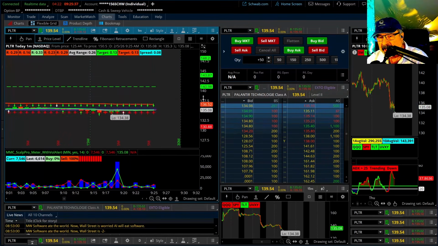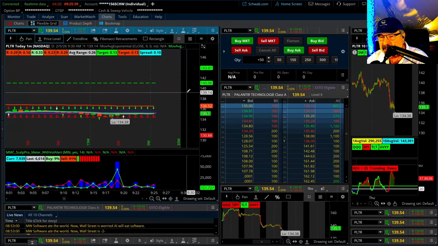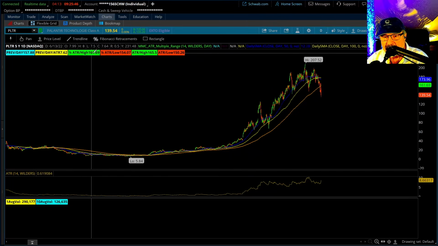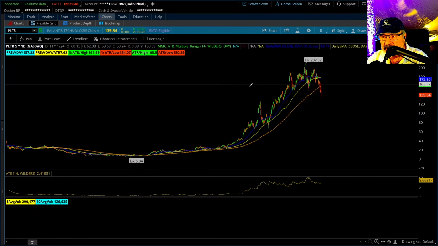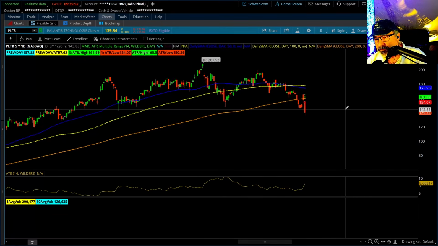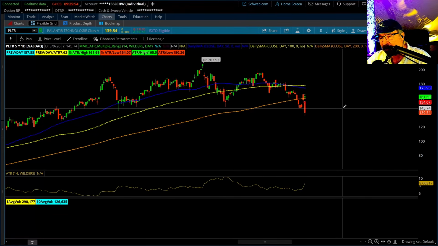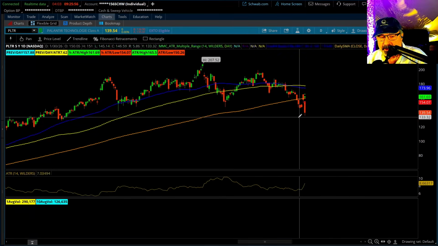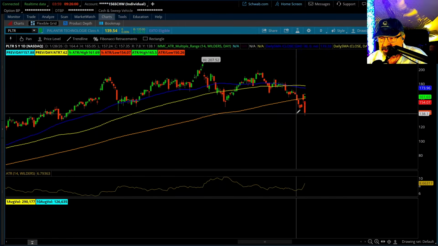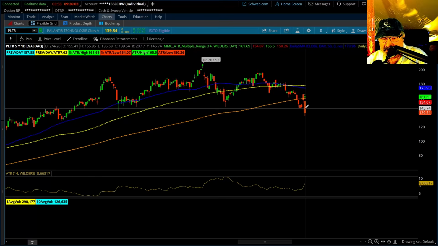Some of the ones that are going to pop up when the market opens are the ATR range, which is, you'll have the half range, which is the RV strategy, high and low, and then you have the full ATR range. Well, what's the ATR? That's the average true range of any stock over a 14-day period, smoothed out on the Wilders. So if I go over this candle and you look down here, you'll see what the average true range of Palantir is,